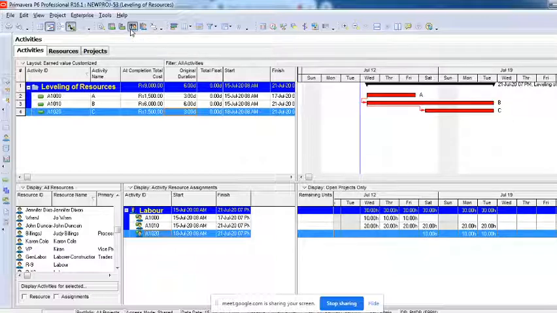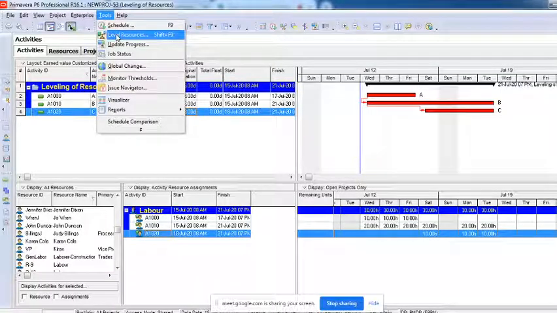That is manually. But if you want to do it automatically, you will have to go to the tools. There's an option called level resources. But most of the time, or all the time, it will just use all your float, and automatically push that particular activity utilizing the complete float of the project. If you do not want that to happen, then you have to do it manually. Or if utilizing the complete float is fine, then you can do the automatic leveling. Alright, this is all about resource analysis.